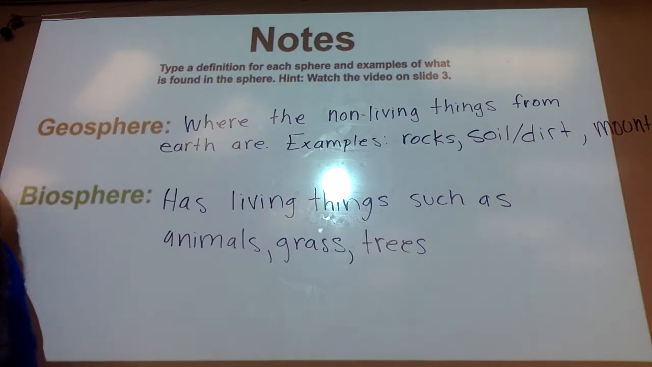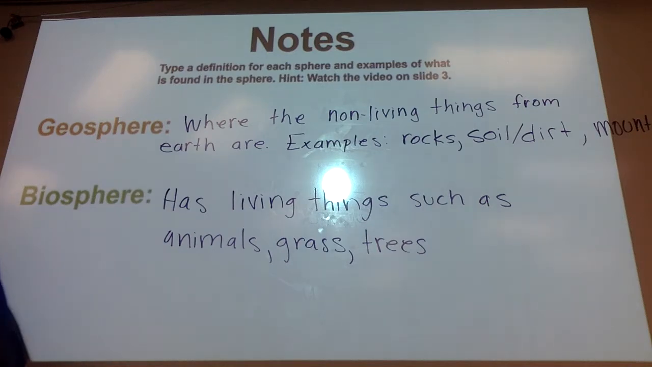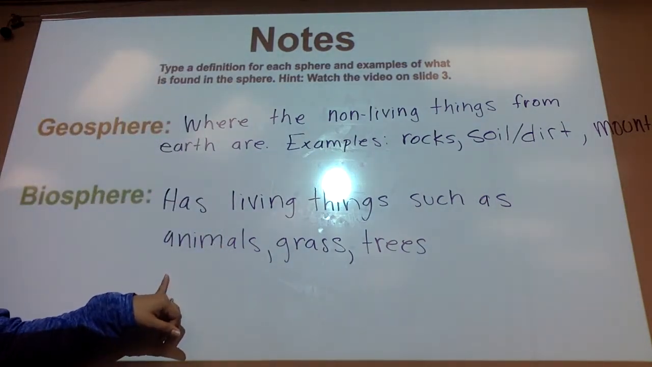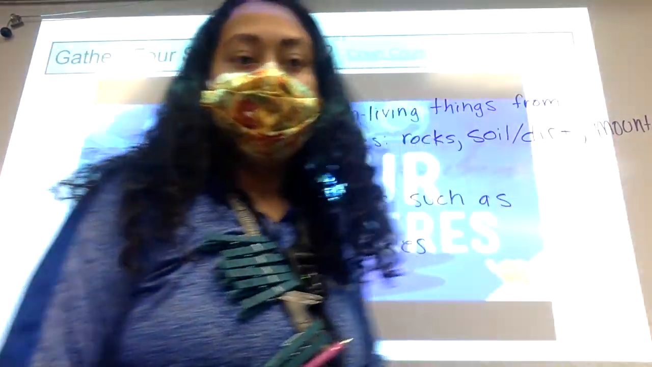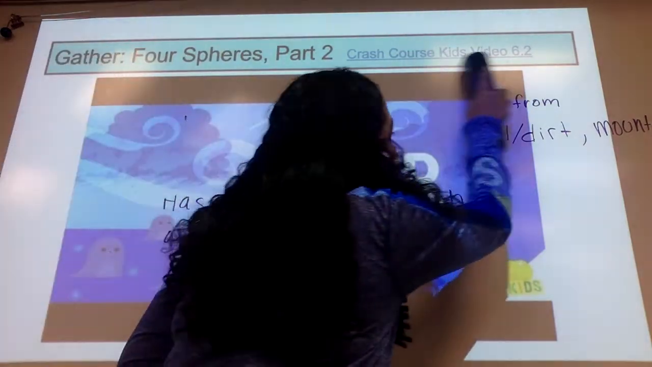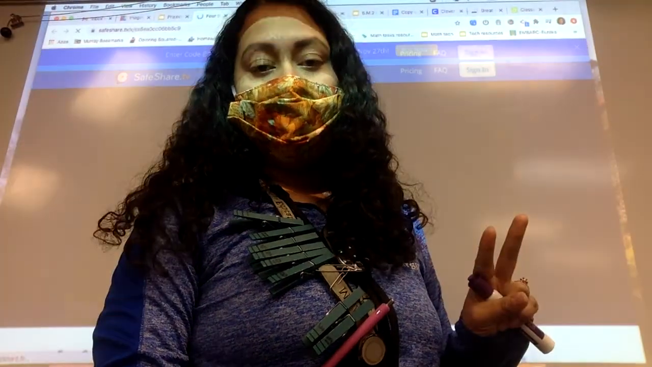Okay, we've learned about 2 out of 4, which means we need to learn about 2 more. Ready? Okay, 10 more seconds. 10, 9, 8, 7, 6, 5, 4, 3, 2, 1. Okay. Part 2. Ready? So we learned about geosphere and biosphere. Next we have